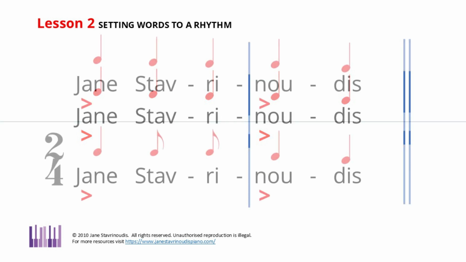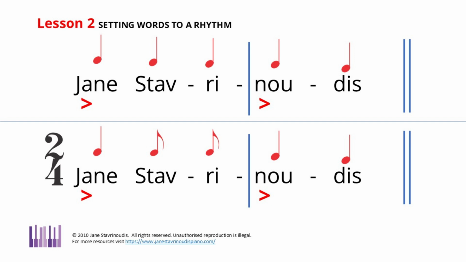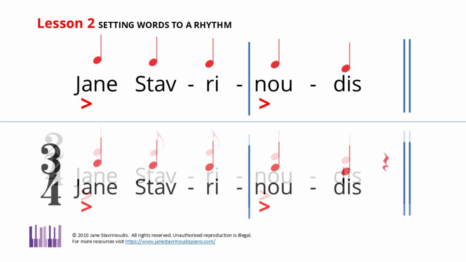Here's how. By changing the third and fourth notes to quavers or eighths, I've created 2 beats in each bar. Look at how each syllable has been assigned its own individual quaver note, not joined in pairs. By adding a crotchet or quarter note rest to the last bar, I've created 3 beats in each bar. This is what it sounds like. 1, 2, 3. Jane